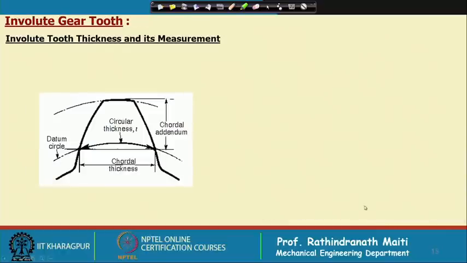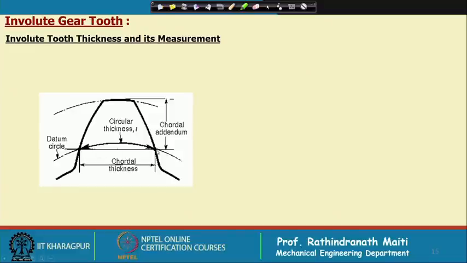Now, another issue is the measurement of the gears. Gears are manufactured, then how can we know that it has come to the proper shape? First of all, coming to that measurement, we shall consider, you see, this is a gear tooth uncorrected. In that case, this arc tooth thickness is half of the pitch,